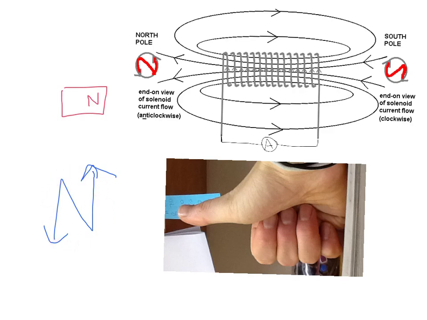Conversely, on the other side, the south pole, if you took the solenoid and looked straight directly down that end, you would see that the current appeared to be going clockwise. And likewise, if we draw a letter S and put an arrow on each end of the letter, you see it looks like something going around clockwise. So if you prefer that way to remember it, then that's fine, but also make sure you're comfortable using this